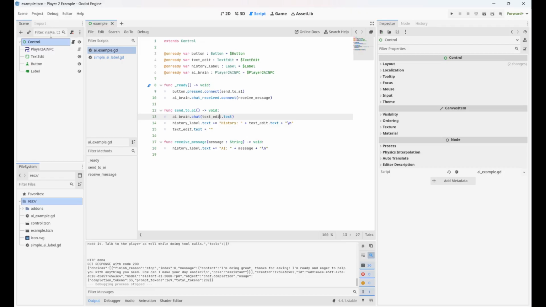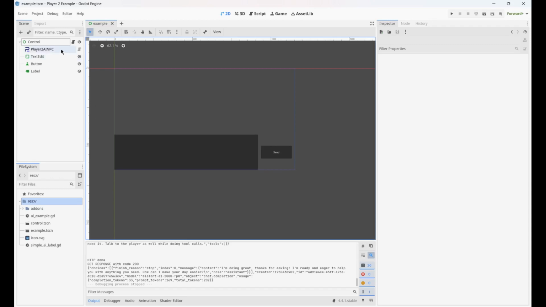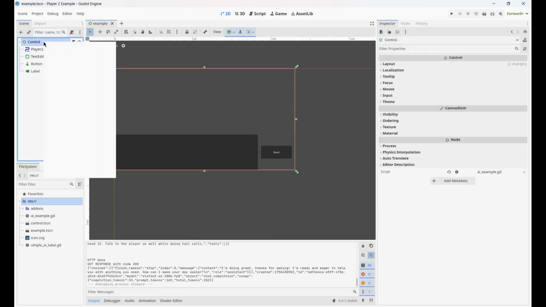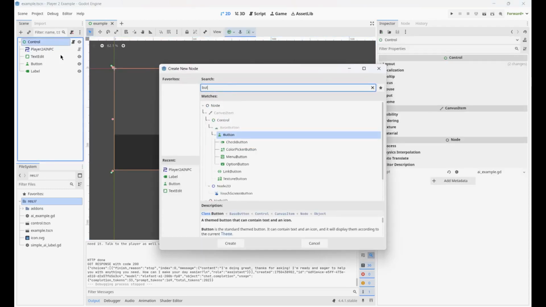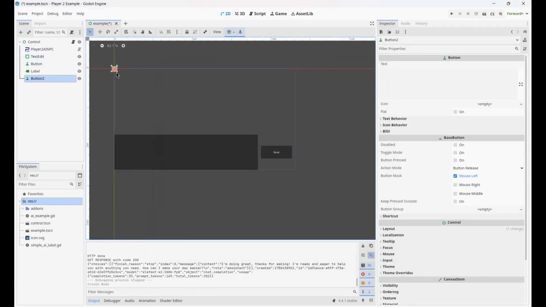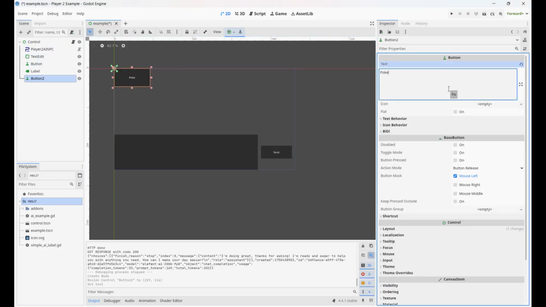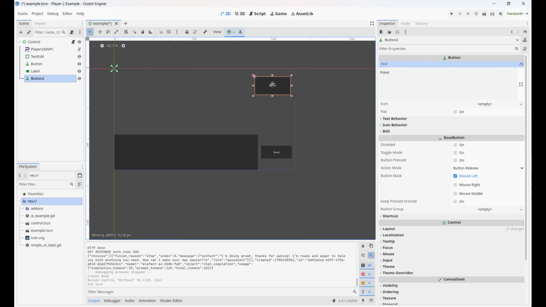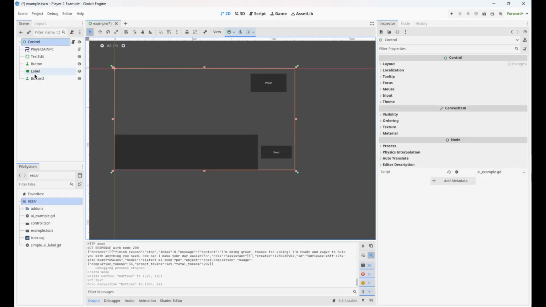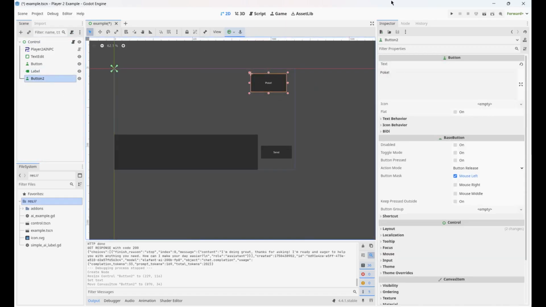Here's a simple example. We're going to create a poke button where the AI can get poked. To do this, we'll add a child node, we'll call it button, and we're going to just give it the label poke. And we're going to place it right over here. And what this will represent is a physical action that the AI will interpret as a physical action,